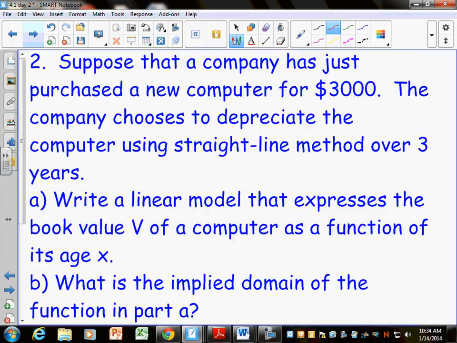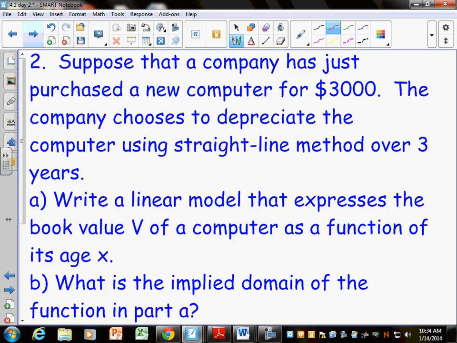It says, suppose that a company has just purchased a new computer for $3,000. The company chooses to depreciate the computer using straight line method over 3 years. And that's how you'll know to do this on your homework. It'll say they're depreciating it using a straight line method. So part A says write a linear model that expresses the book value V of a computer as a function